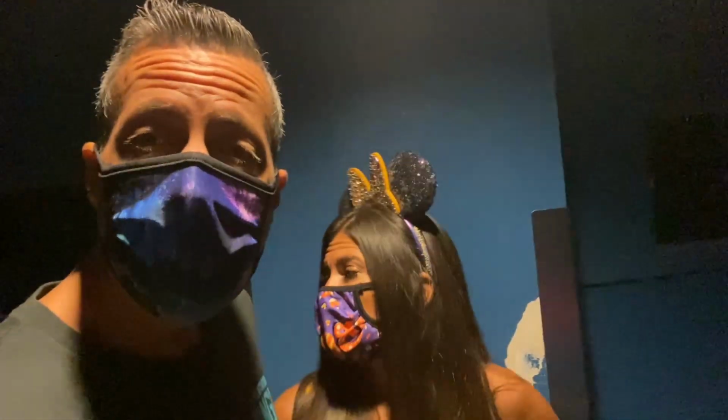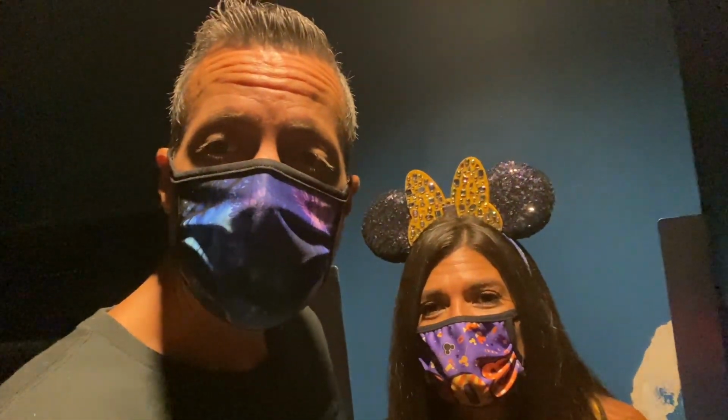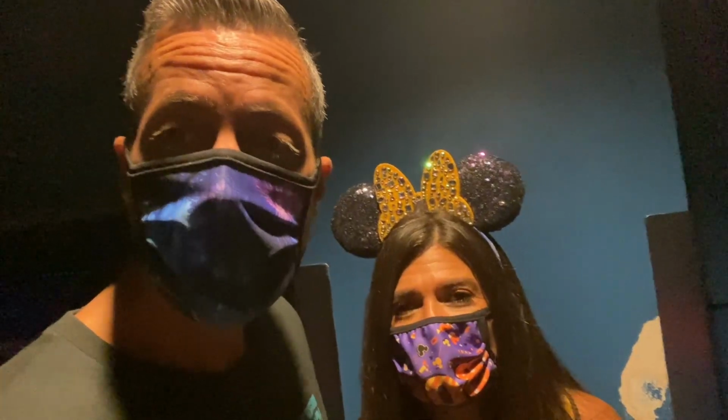All right, so here we are in the back hallway of Space Mountain. Kind of go around this little back thing, and then you get back into the front. We're waiting to get on the ride. But I did want to point out one quick fun fact, one quick tip, and that is Space Mountain,